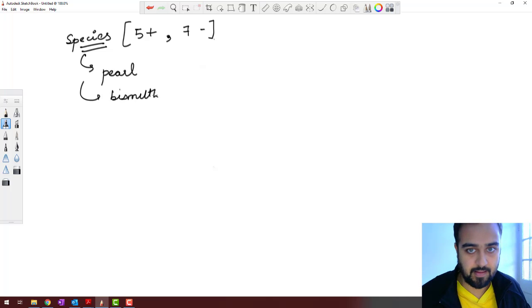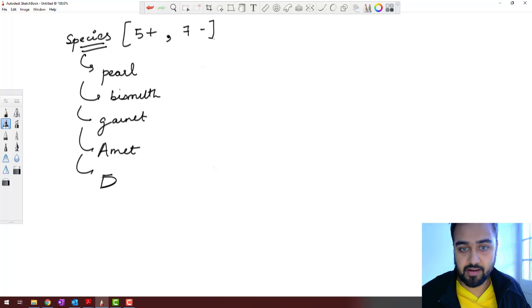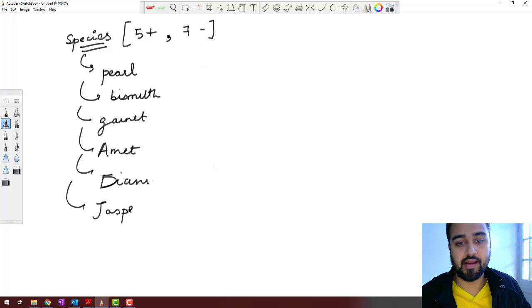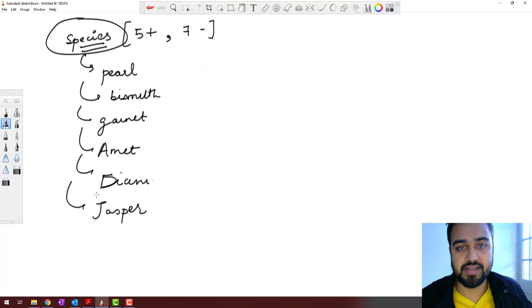bismuth, garnet, amethyst, and diamond, and jasper. So if you take these 6 items in a single attribute, species, and you see the